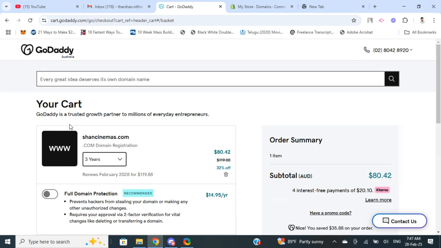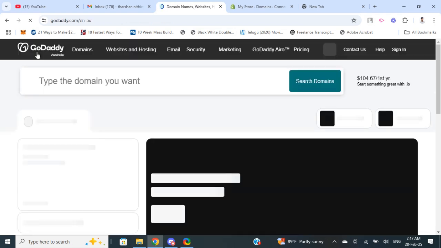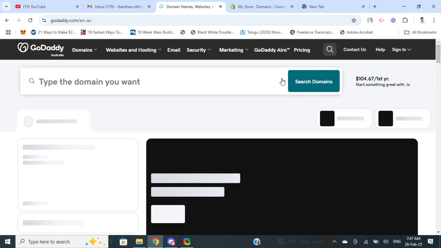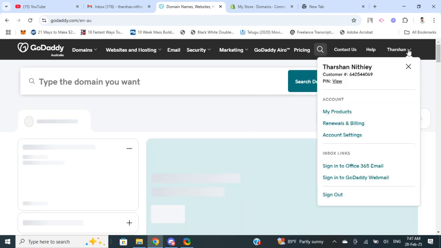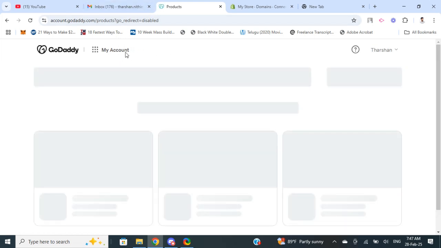go to your GoDaddy website and then click on my accounts. Once you have logged into your GoDaddy site, click on my accounts. Let me go to that. Click on your profile here and then click my products. Okay, click on my accounts, not products. Okay, click on my accounts, and then here what we're going to do is,